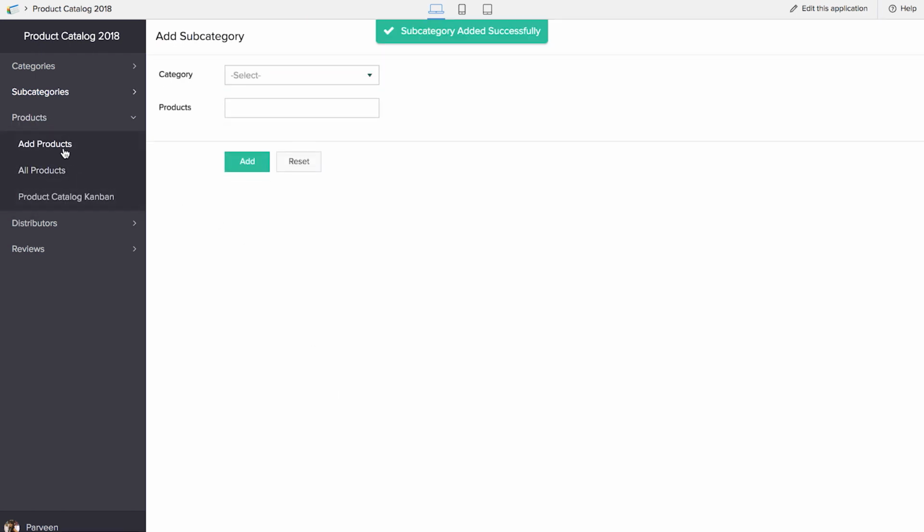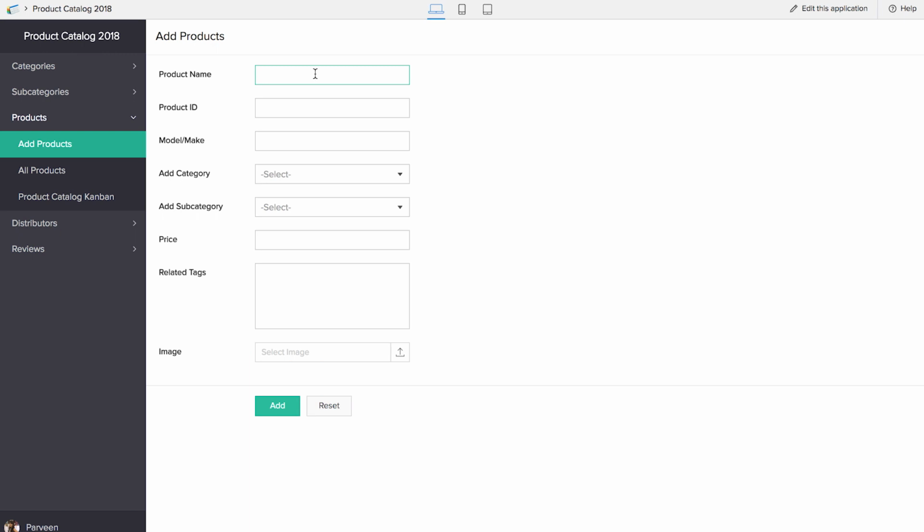Now when I add a new product, I will add Cadbury Dairy Milk, the product ID is 2, model make, white chocolate, add category. It's in the food category, and when I select food, instead of my rosewood furniture, I am getting chocolates. The price,